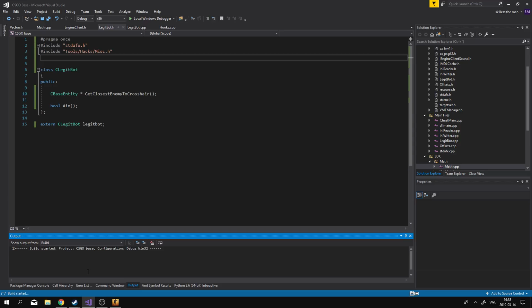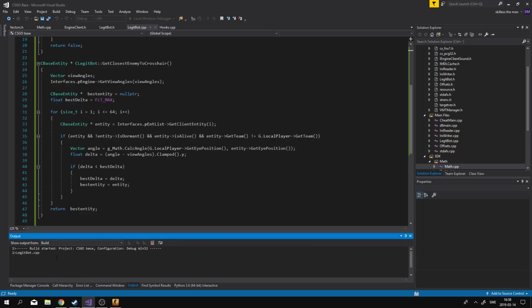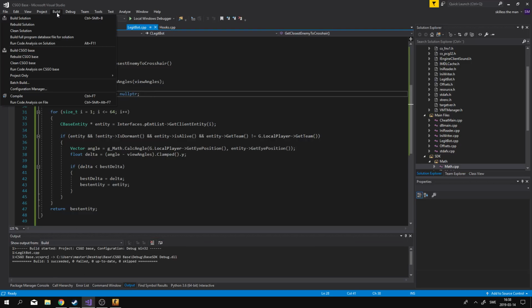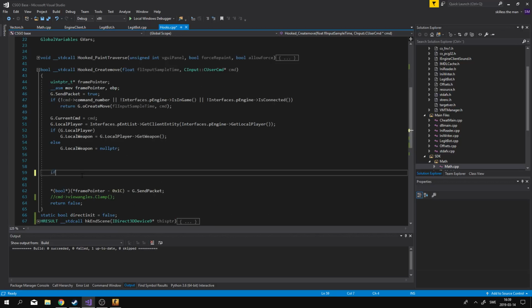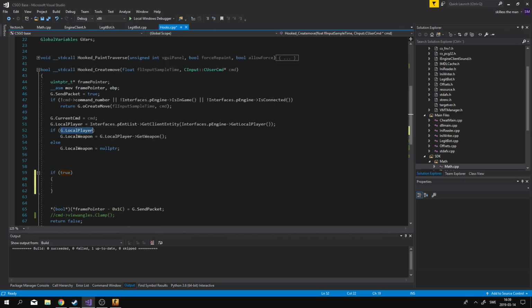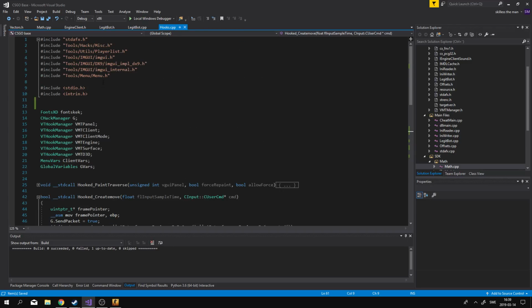Let's see. Will it let me build now? Or did I break something? Nice. Okay. Let's see here in hooks if I can, if local player, then we're gonna do, I might have to, yeah, I will need to include, now there can be more issues, include legitbot,